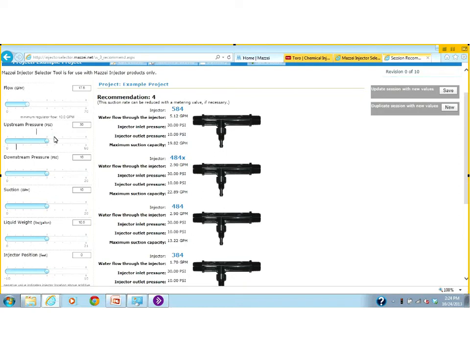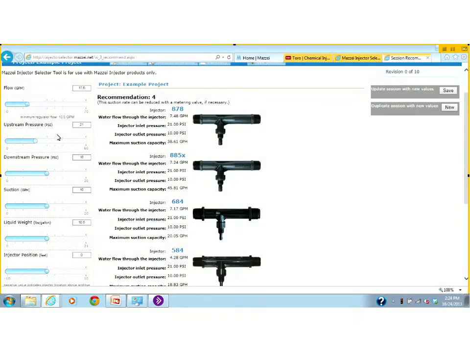So let's take a look at the upstream pressure. Let's say that we only have 20 pounds of pressure available, not 30 pounds. So you can slide this bar, and it's very convenient to, on the fly, make adjustments and see the variations that these adjustments cause. So now the selection of injectors,